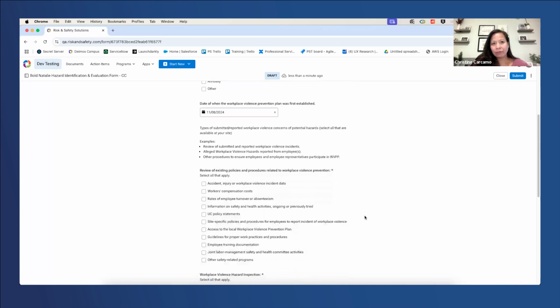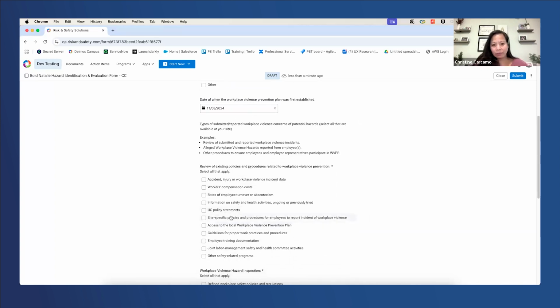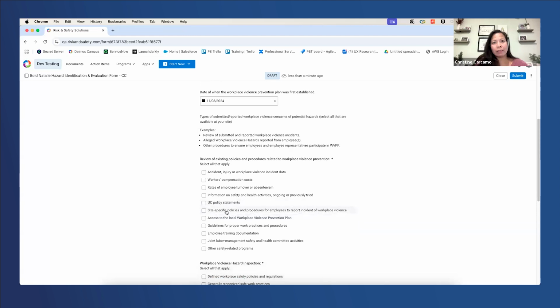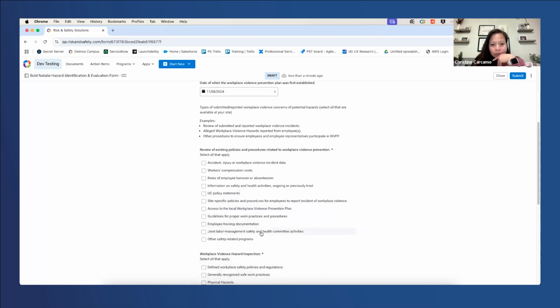And then from here, we will review what existing policies and procedures were related to workplace violence. We will say it was the emergency preparedness plan. Let's take a look here. These are just general pieces.